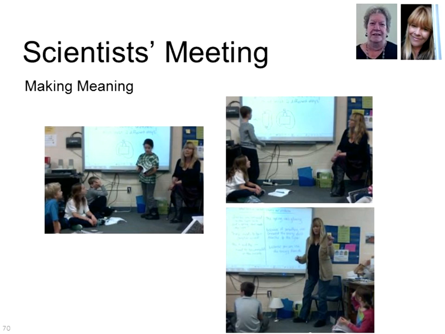One of the things that I think is really important, again, is that there are different types of scientist meeting. The one that we had in the beginning, we were really gathering initial ideas, and we were really open-ended and accepting of what students' responses were. At this point, we're not sharing, but we're really trying to construct claims and evidence, really getting at what is going on with those phenomena. And as you see in the pictures, these are some examples of what happened with some of the students.